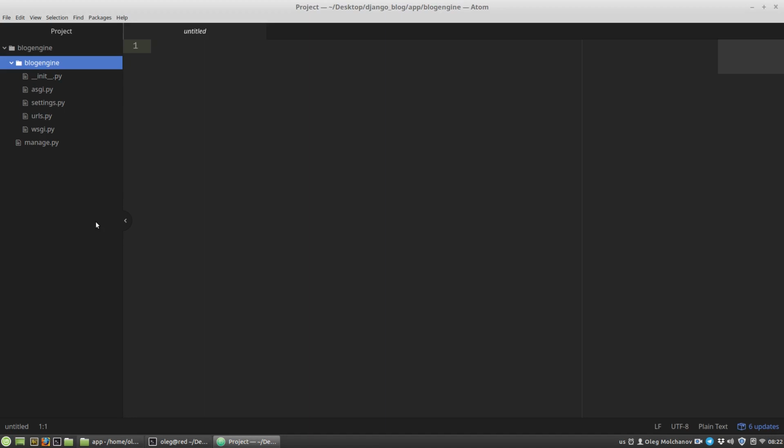For example, a commenting system or a payment system or an authorization or maybe a chatbot of your project can be applications. Each Django application is almost a completely separate code with its own logic, with its own HTML templates, with its own CSS styles and JavaScript. Each application is literally a folder and it can be easily copied and pasted to another Django project with Ctrl+C and Ctrl+V. And right now I'm going to create such an application.